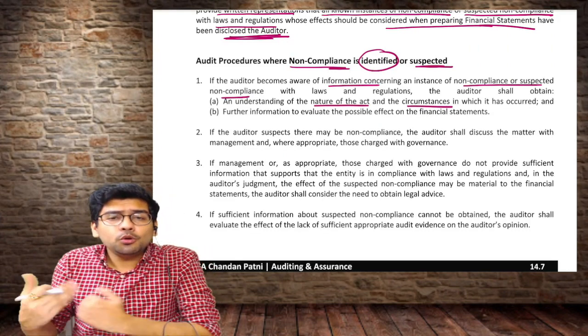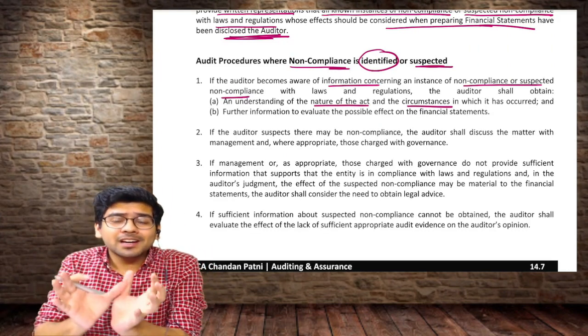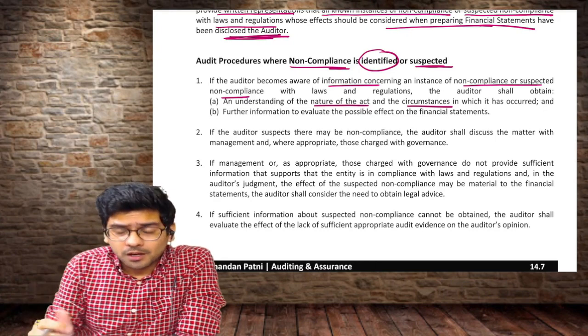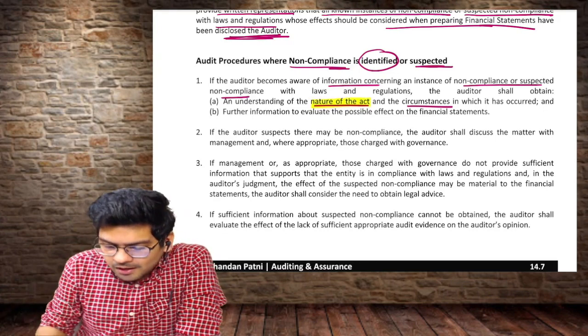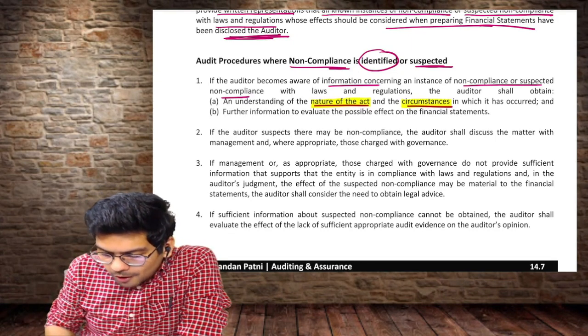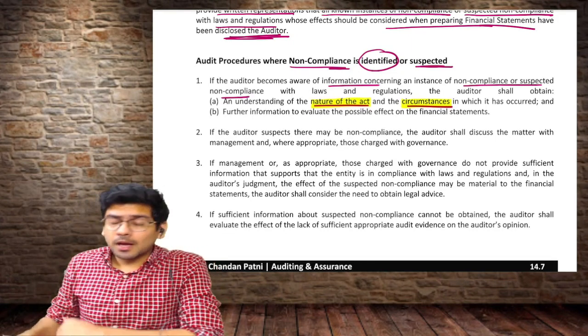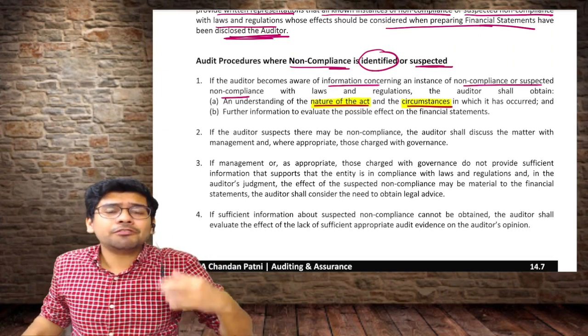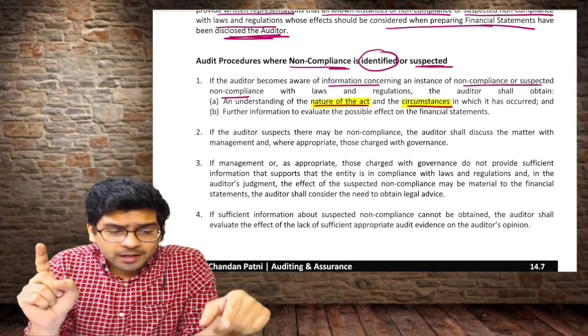So first I need to understand the act under which the non-compliance has been done. I need to understand the act and the circumstances, and get further information to evaluate the possible effect on the financial statements, and consider the further effects. Now the company has